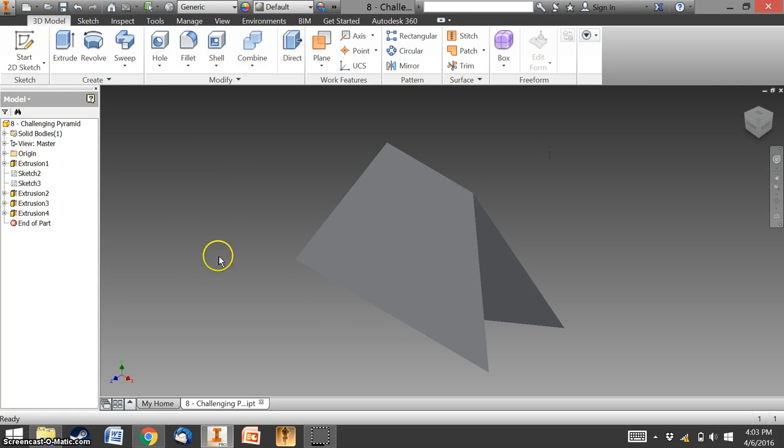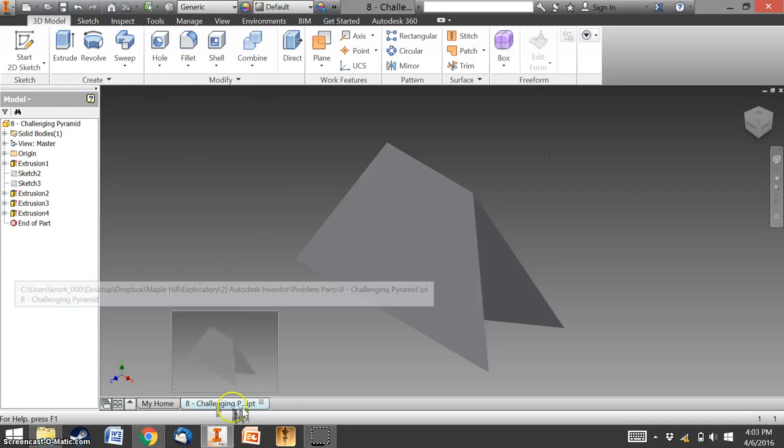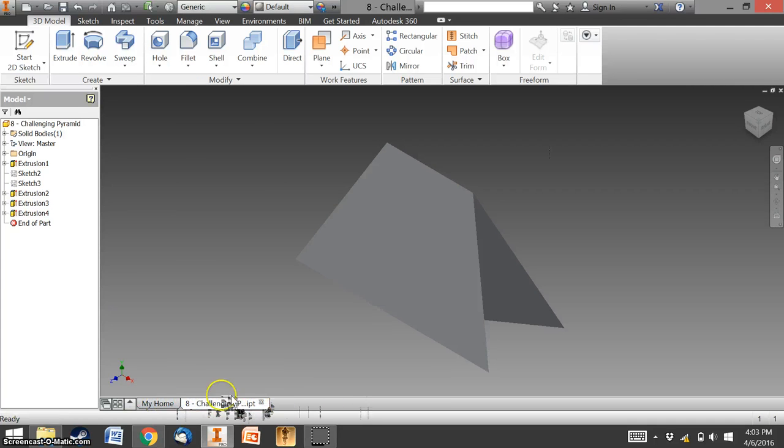So to get started, you have to make sure that you have the part that you'd like to make the drawing of open. There might be a couple of them open down in these tabs, but when you go to make the drawing file, you need to have whatever it is you'd like to make the drawing of selected. So once you're here, and we're just doing the challenging pyramid, the last part that you're asked to make,